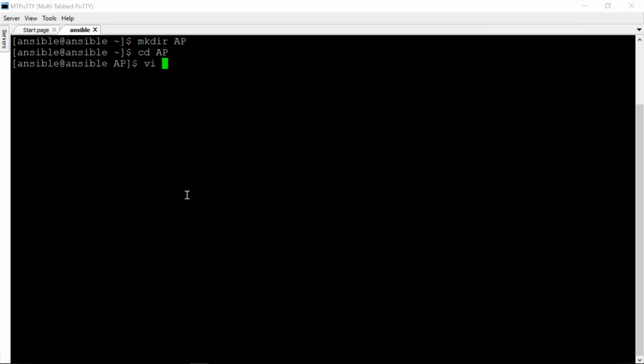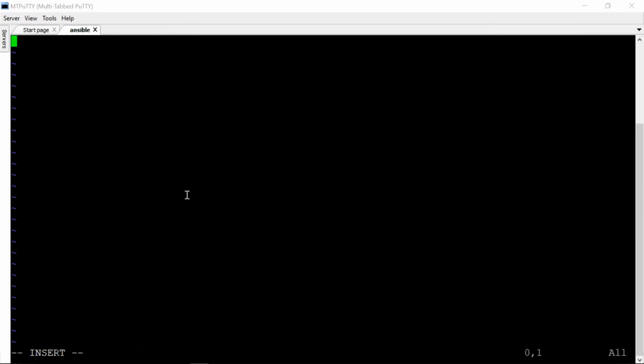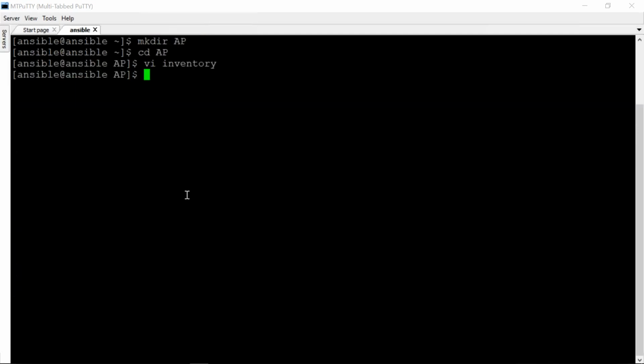So first of all, I want to create the inventory. Inside inventory, the same thing that we have done earlier, the APIC, what's the user and what's the password. So user is say admin, and the password is say Cisco 1 2 3 4 and 5. All right, so once we have the inventory defined, then I'm going to create external variable